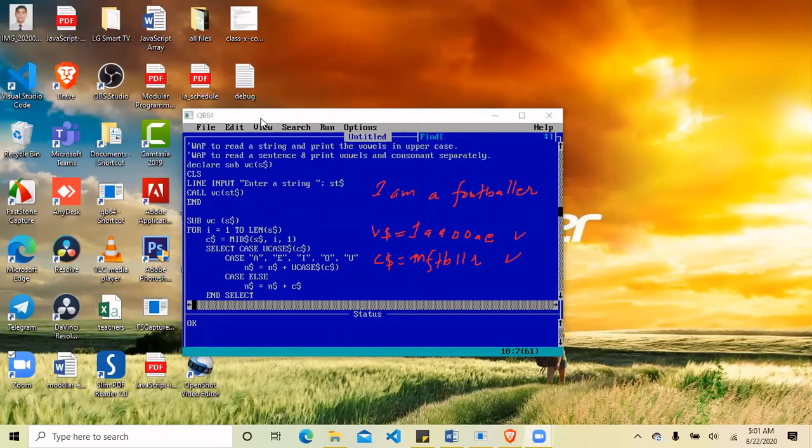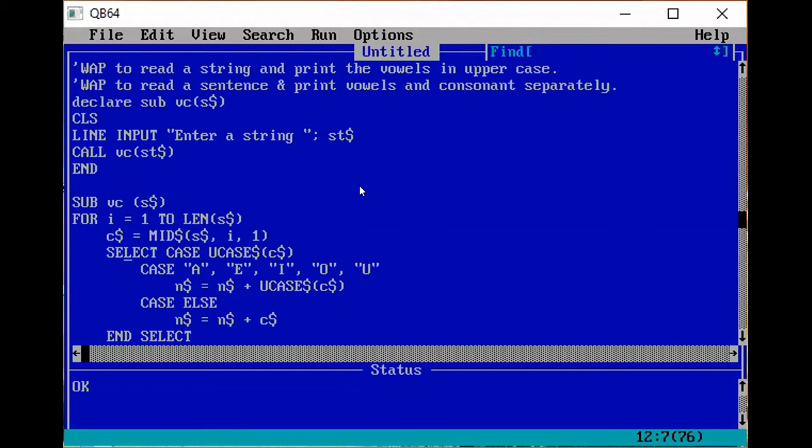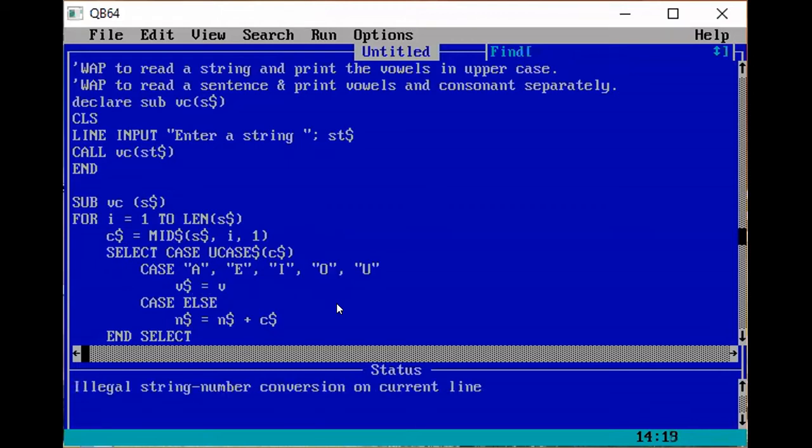Let me see this in a larger screen. Okay, so what we need to do is work for each character throughout the length of the string. So we need to run the loop from 1 to length, and then we'll extract a character C dollar equals mid dollar of S dollar and 1. Now we need to check if the extracted character is a vowel or not. If vowel, then we need to keep it in V dollar. We had just planned this, and we'll do it in the same way. V dollar equals V dollar plus the extracted character, which is checked as a vowel,